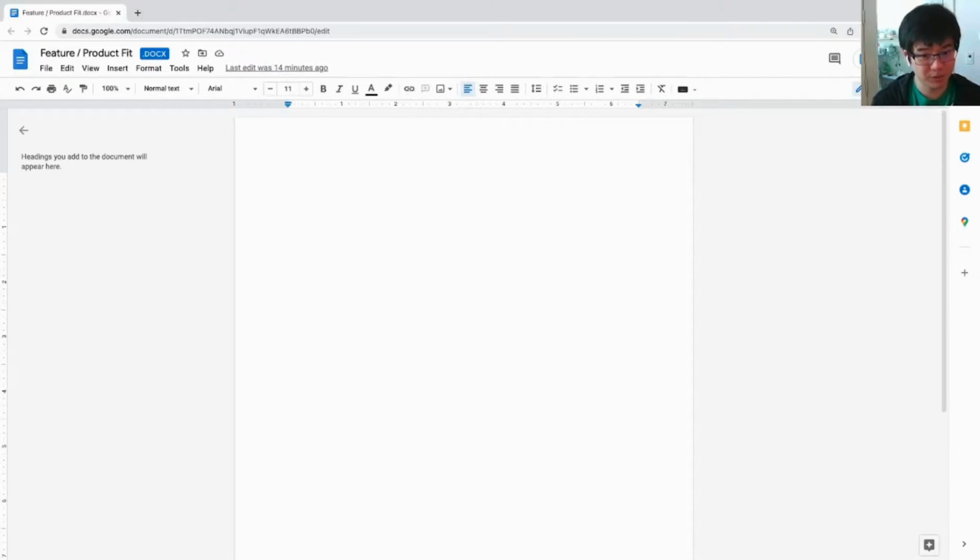So for this particular session, one of the things that I'm going to be tackling is the concept of feature product fit. This is something that was popularized by Casey Winters. He's the chief product officer at Eventbrite. And really what feature product fit is, it's this concept of your features need to actually fit your broader product portfolio. Many times when you build a feature that doesn't fit with the rest of your product, the feature's metrics might move really nicely, but then kind of the product overall suffers. And so that's something I really want to tackle